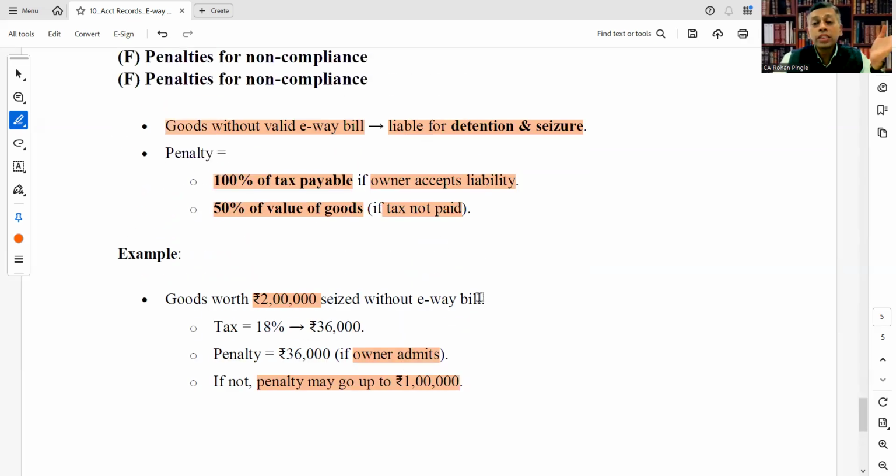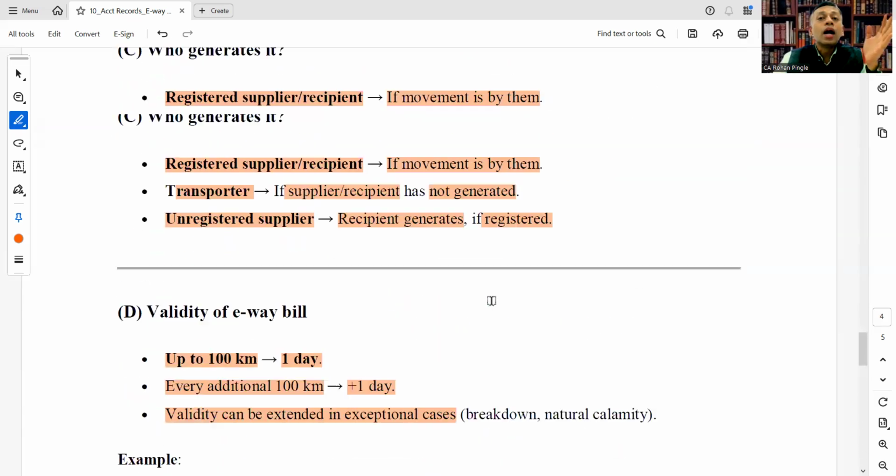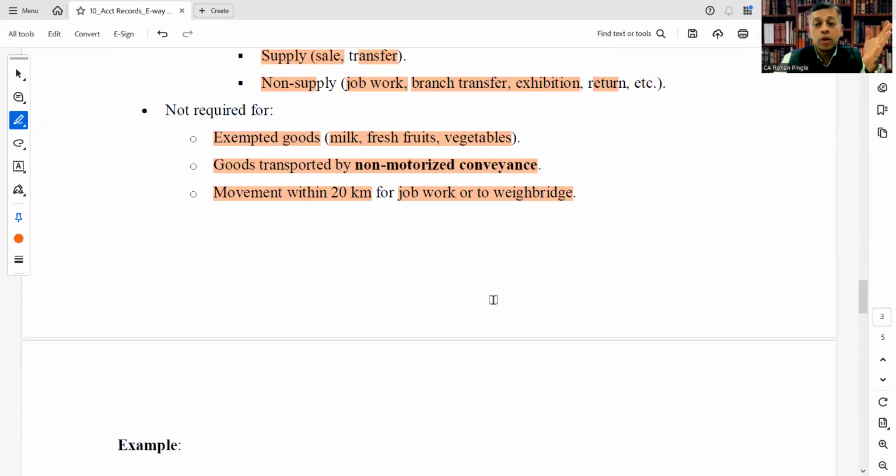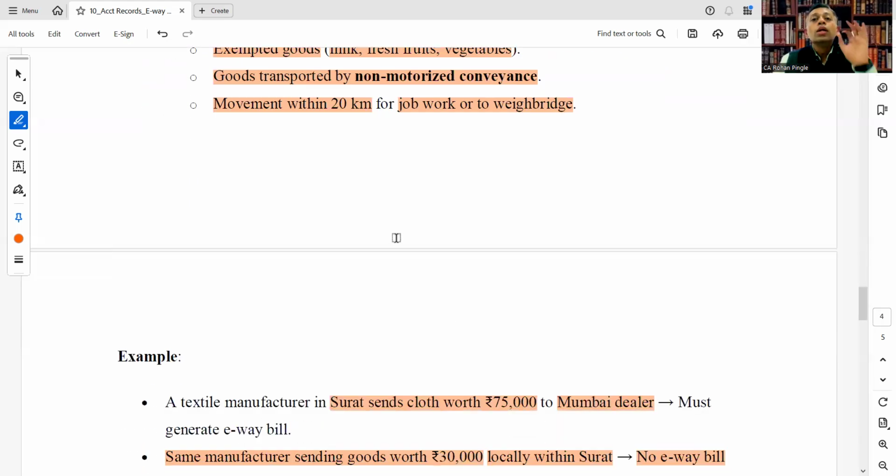This is the importance of accounts and records and the e-way bill. Every accounting transaction needs to be supported by valid accounting records, and we need to maintain and retain them for 6 years from the due date of the annual return. And under the e-way bill provisions, you need to generate an e-way bill from the e-way bill portal whenever you cross the prescribed limit of the value of the goods, that is exceeding rupees 50,000. State to state, it is different.